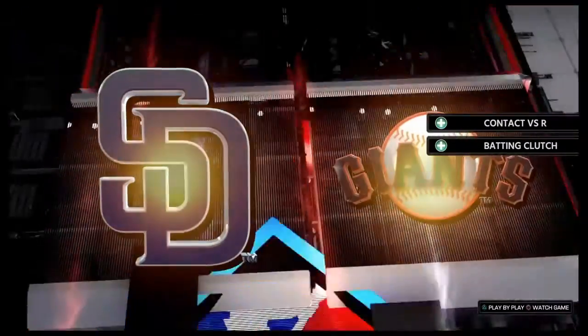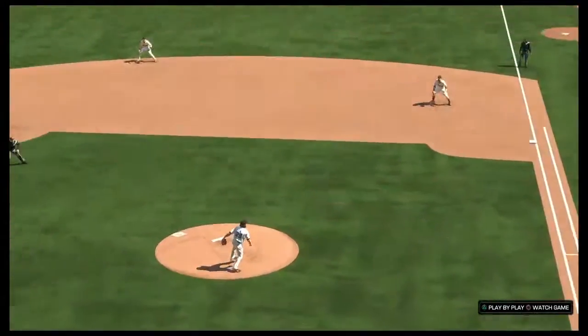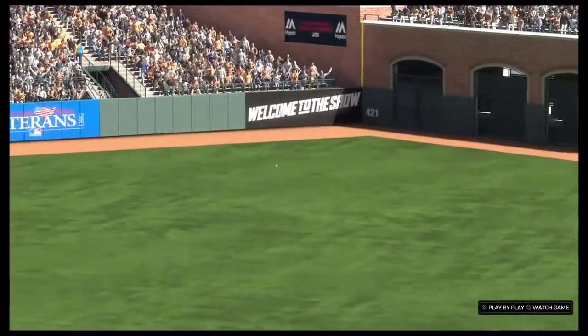Hey, D-Roy, that's a big RBI right there to stretch this lead to 3. Takes a lot of pressure off your pitcher going into the bottom part of the inning. Yeah, Dan, no doubt. As an offense, all you're trying to do is put your...